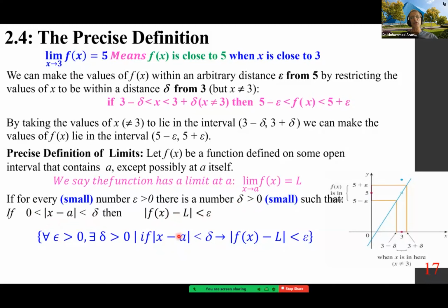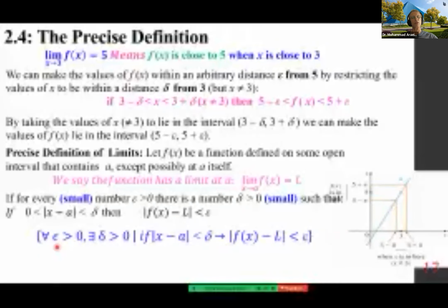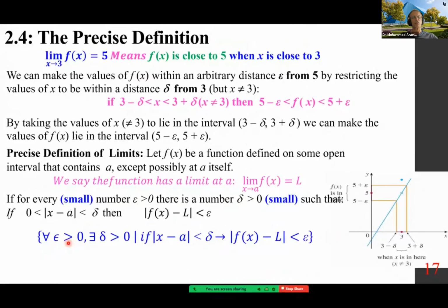So here's how we define it symbolically. Take a look at this one. We're going to read this: whatever the value of epsilon larger than 0, there is delta larger than 0, such that if the absolute value of x minus a is less than delta, that implies the absolute value of f of x minus L is less than epsilon. So this is read